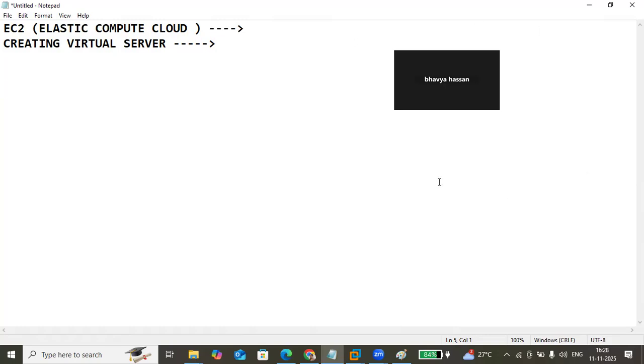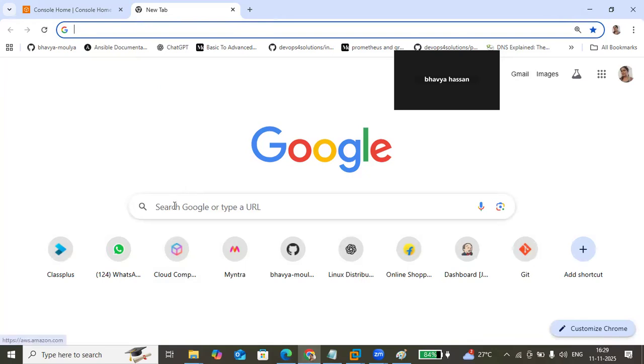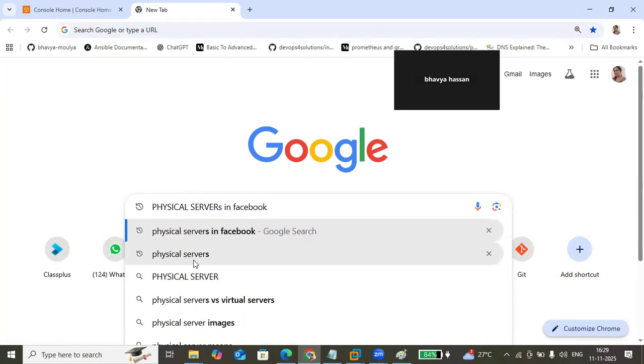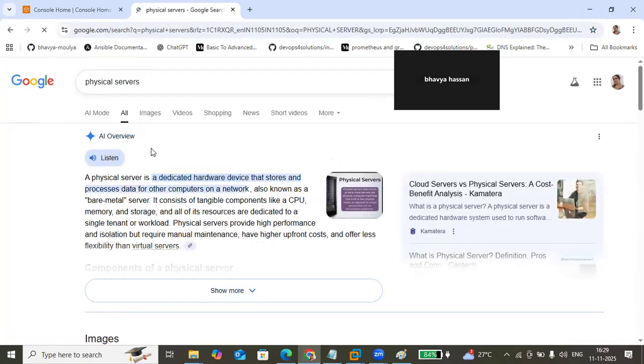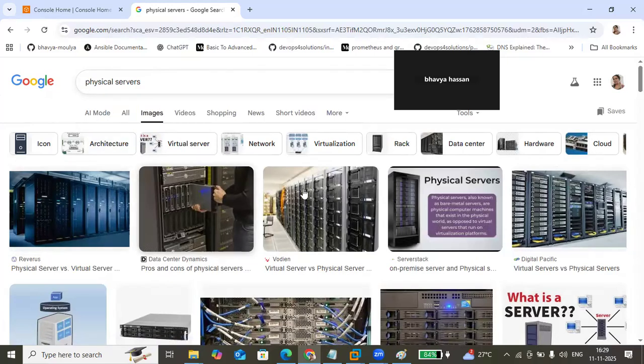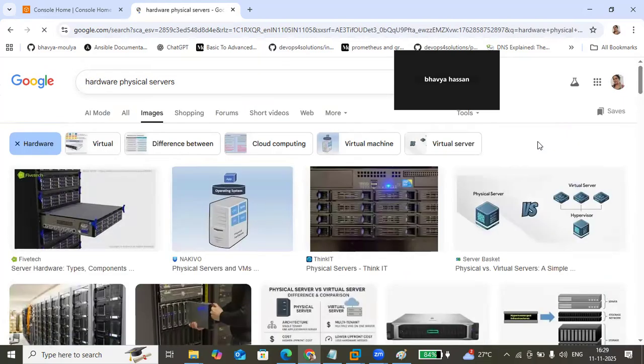Creating physical servers is difficult and complex in operations basically. So I'll show you. When it comes to physical servers, if you search for them, you can see these are all the physical servers. If you just check with the hardware,